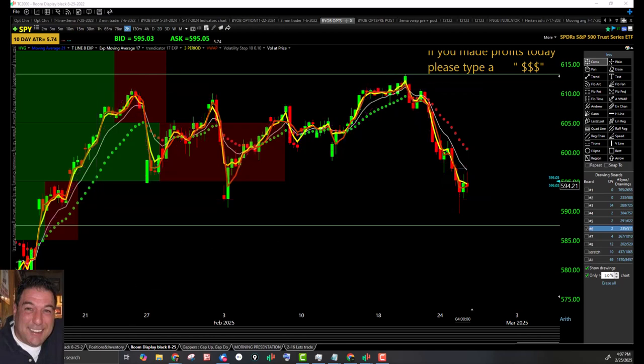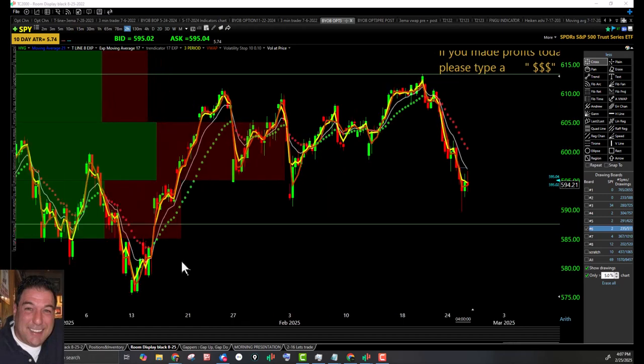All right, this is about being prepared, and this is how you prepare yourself: you go through the chart and you work it out. All right, so this is the low right here. That's the breakup candle low. Okay, if we lose this tail tomorrow, probably coming down to the breakup candle low, either this one right here,